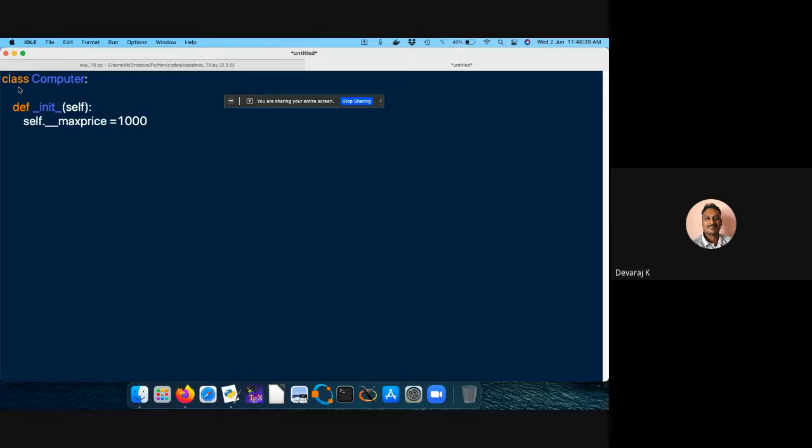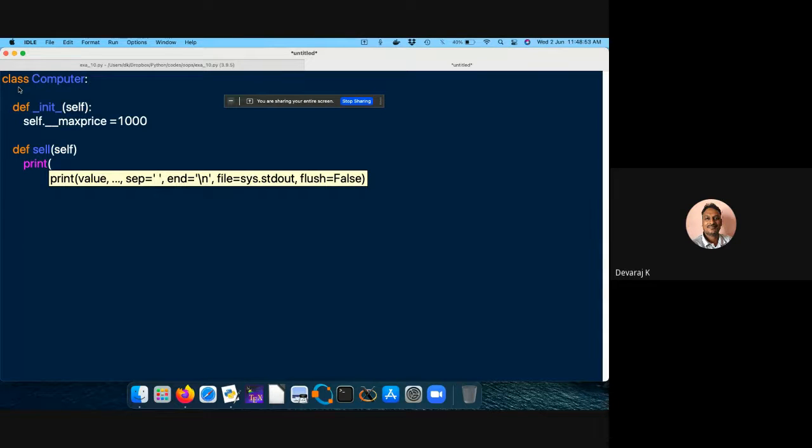Then I'm going to use one more class method. This is for the seller. So self. Then I'm going to print that the selling price is, let me use format, self dot max price.